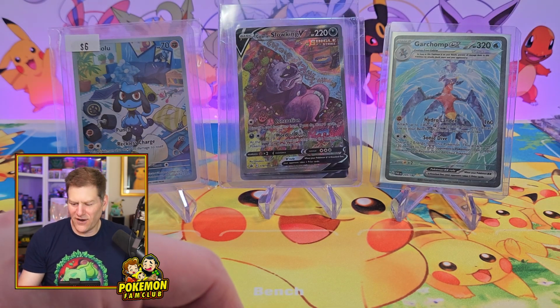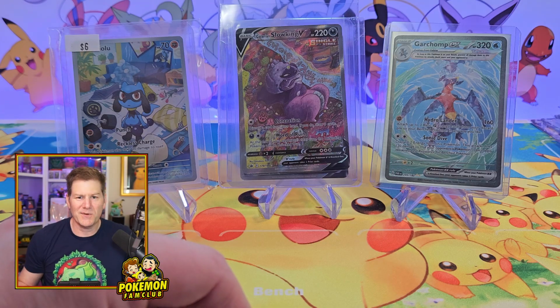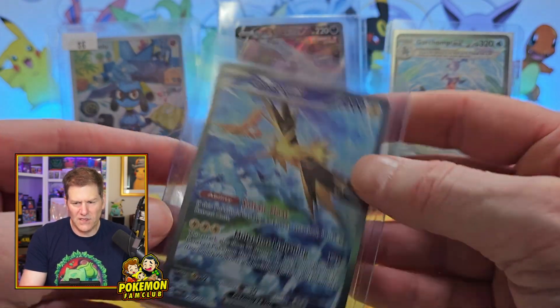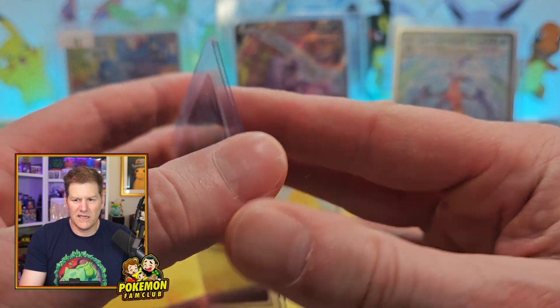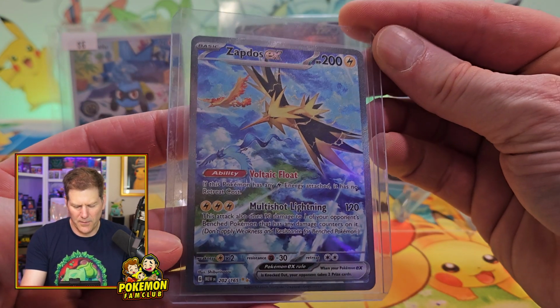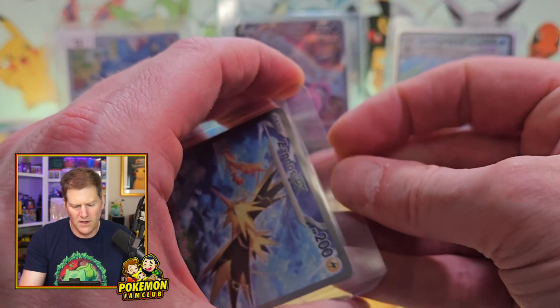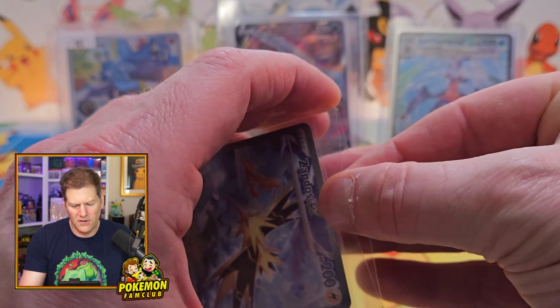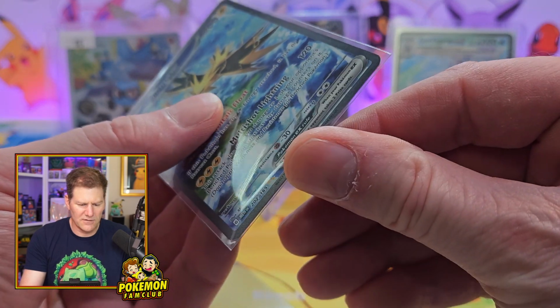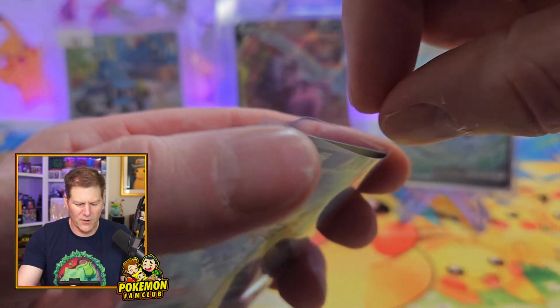All right, back to stuff that Chris sold me. He's been helping me finish my 151 binder. We got the Zapdos EX here. I paid him 80% of market value at the time, so I paid about $26 for this one. Super awesome looking artwork. Sorry, Chris, prices are going up, so I bought it at the right time from you before it got worse,